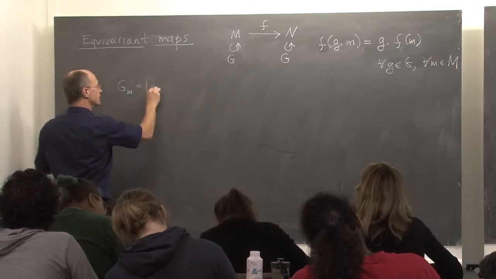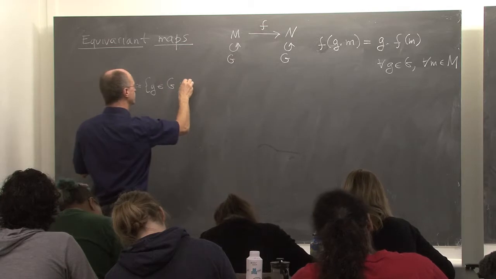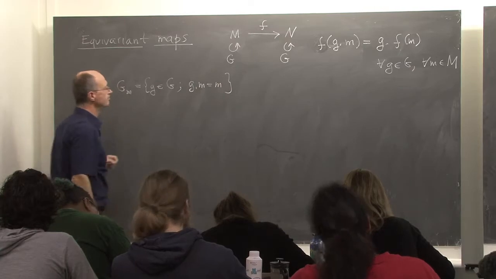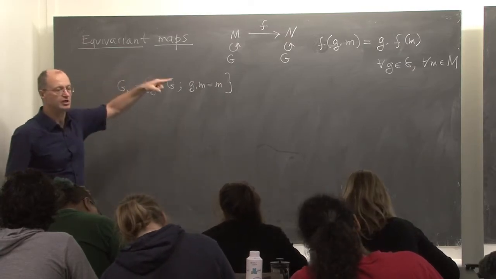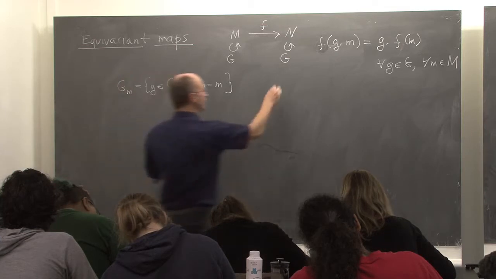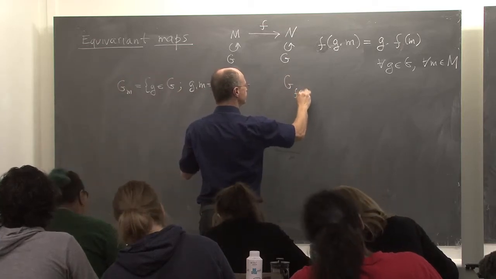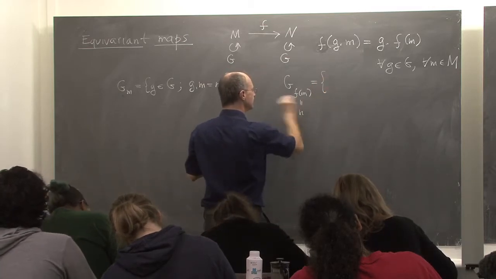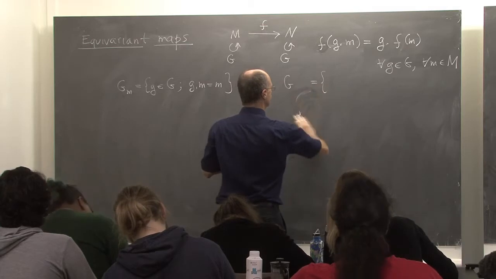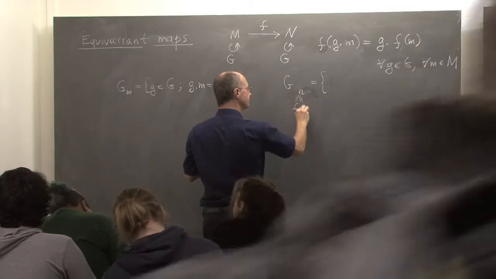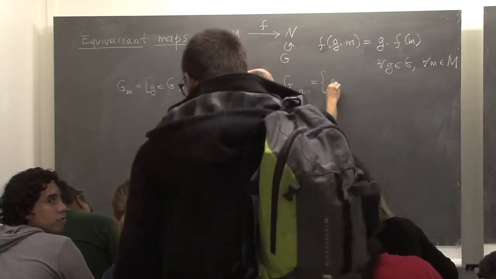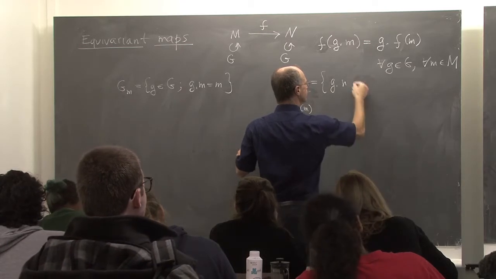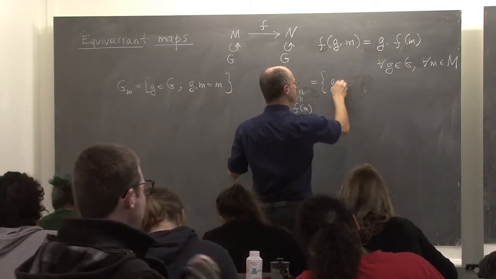So these are g's in G such that g·m equals m. And now we're going to have an image under F of the point, and we're going to have a stabilizer. Let me call it n equal to F(m). And so these are